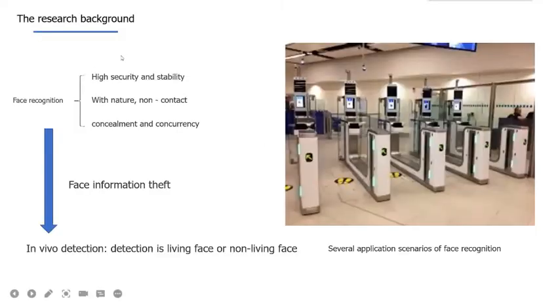My class project is about face anti-spoofing. Let's talk about it. With the rapid development of computer technology and the continuous progress of computer vision, biometric identification technologies such as face,